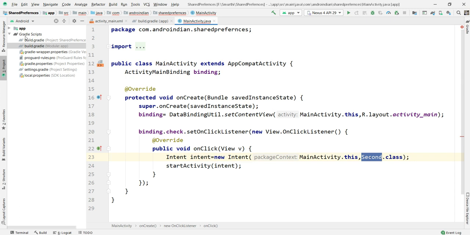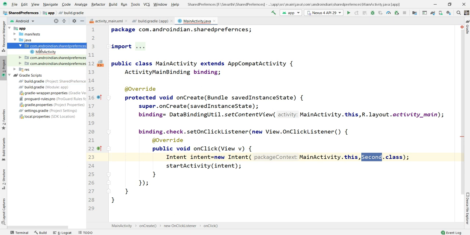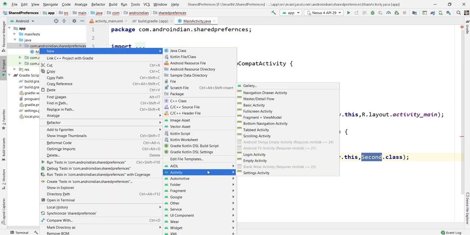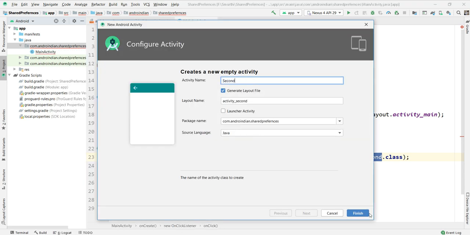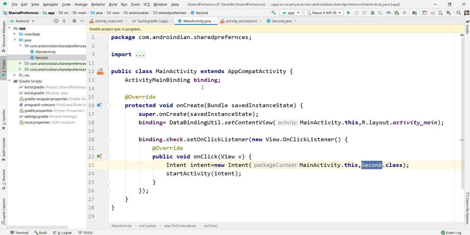With this name I want to create a new empty activity called Second. As of now, nothing new, we already know this.